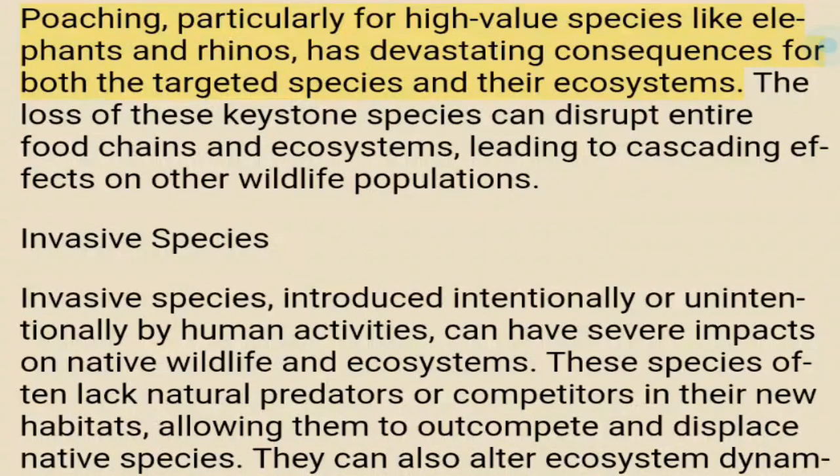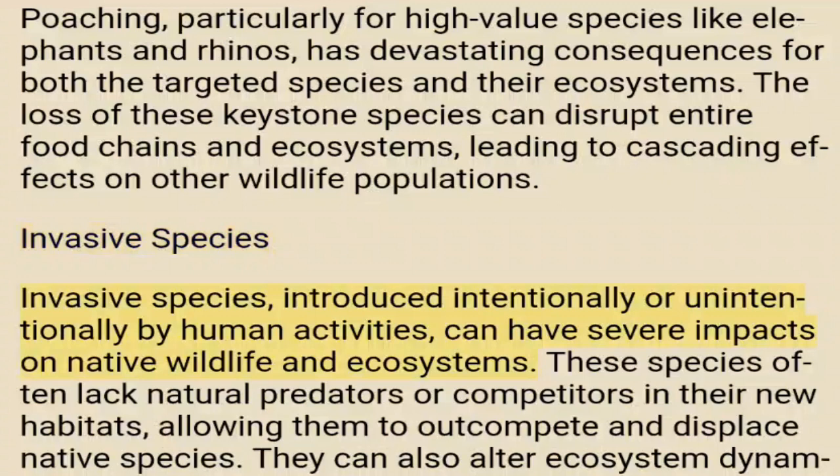Poaching, particularly for high-value species like elephants and rhinos, has devastating consequences for both the targeted species and their ecosystems. The loss of these keystone species can disrupt entire food chains and ecosystems, leading to cascading effects on other wildlife populations. Invasive species. Invasive species, introduced intentionally or unintentionally by human activities, can have severe impacts on native wildlife and